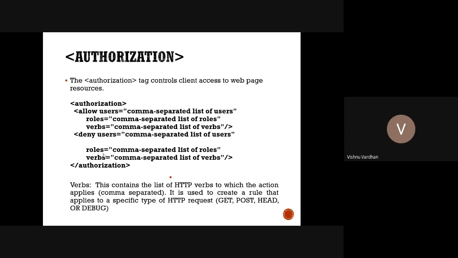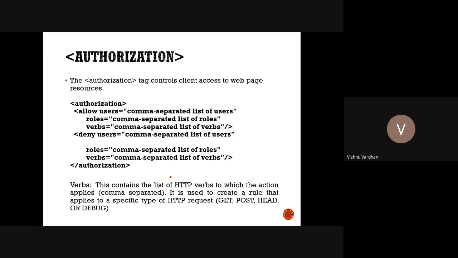Same with the case of the roles and verbs. If you want to completely deny a role with a page resource, what you can do inside that page resource is that the role for guest is not allocated, that means it is denied. So whatever comes under the role free users, that resource is not going to be given to them. So in that way we can allow or we can deny them also.